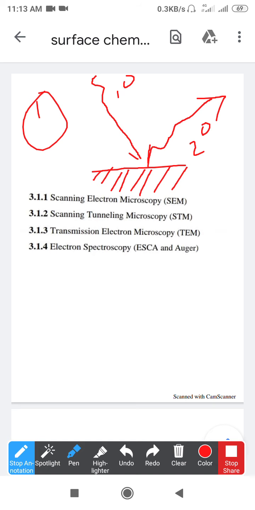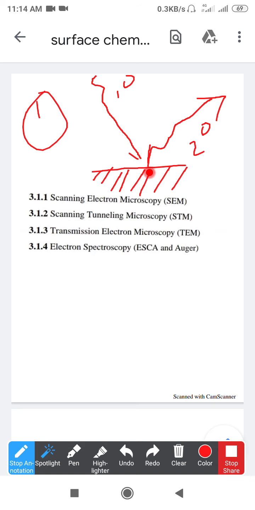The primary beam and the secondary beam have different properties, so we are going to analyze the properties of the secondary beam. The spot where we incident the primary beam is chosen arbitrarily by using a simple optical microscope, like the one we usually find in biological labs. By using that we can select the surface of our interest and simply incident the radiation upon the primary surface, and we get the secondary radiation, which we are going to study.